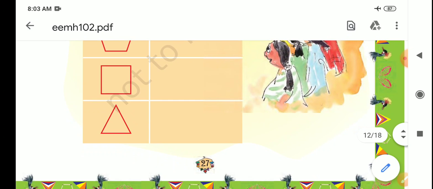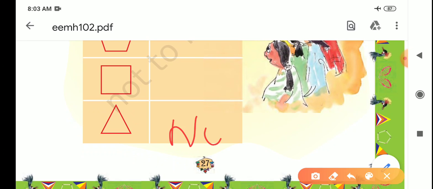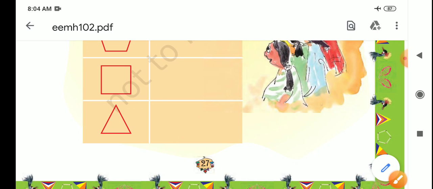What will your answer be here? No, because there is no change in the shape of the triangle. In a triangle, there will be no change in the angles if you push it downward with the tip of your finger. The rest of all are yes, because there is a change in all those figures, but in the triangle it will be no. So I hope that this topic of changing shapes will be clear to you.